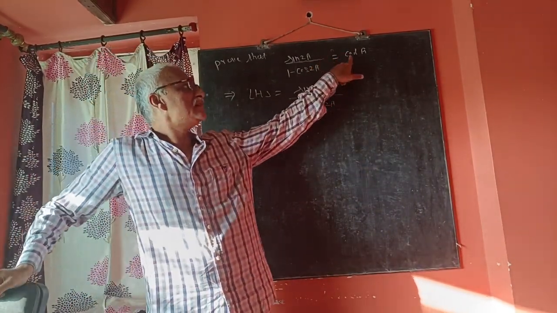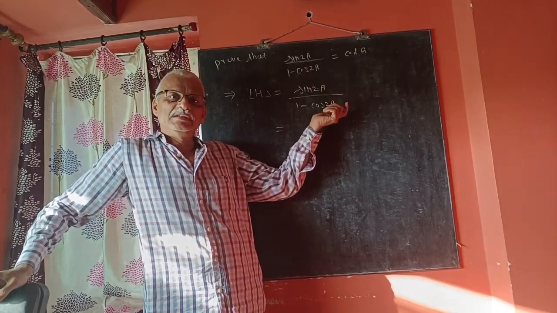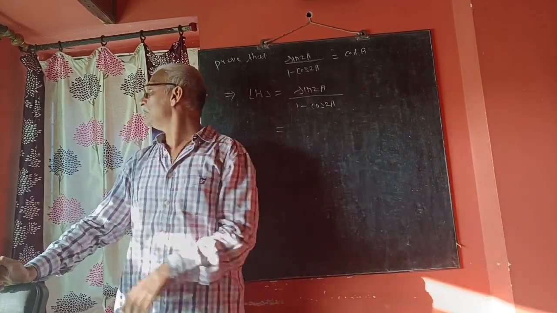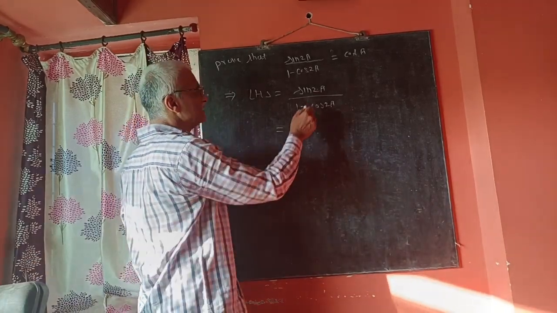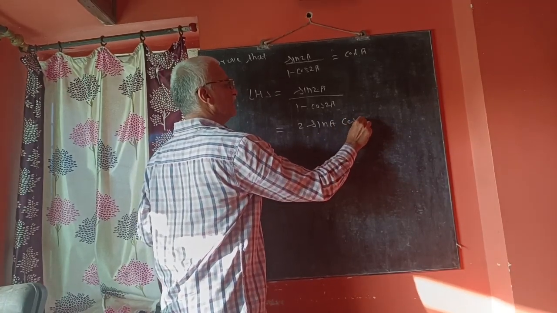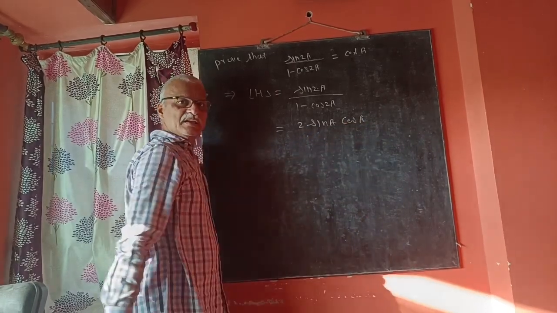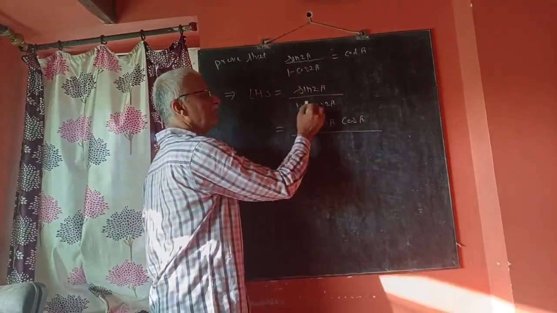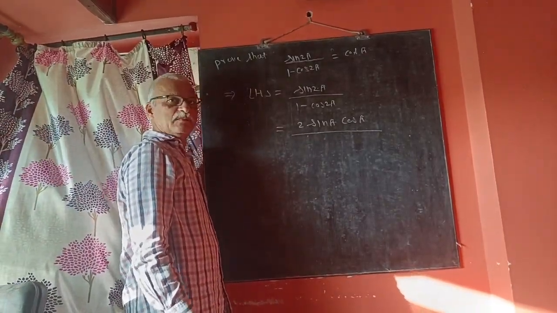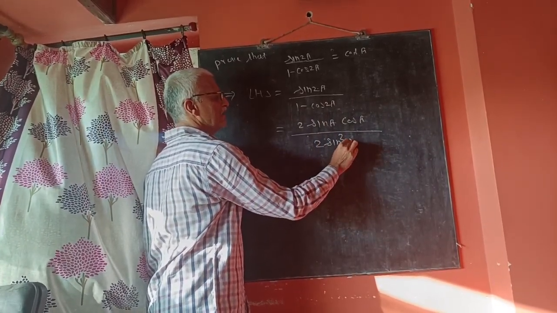So here, the right hand side is in terms of cot. So write down the basic formulas of sin 2A. Sin 2A in terms of sin and cos can be written as 2 sin A into cos A, divided by 1 minus cos 2A. You have written, I think, your fourth or fifth formula: 1 minus cos 2A is equal to 2 sin square A.